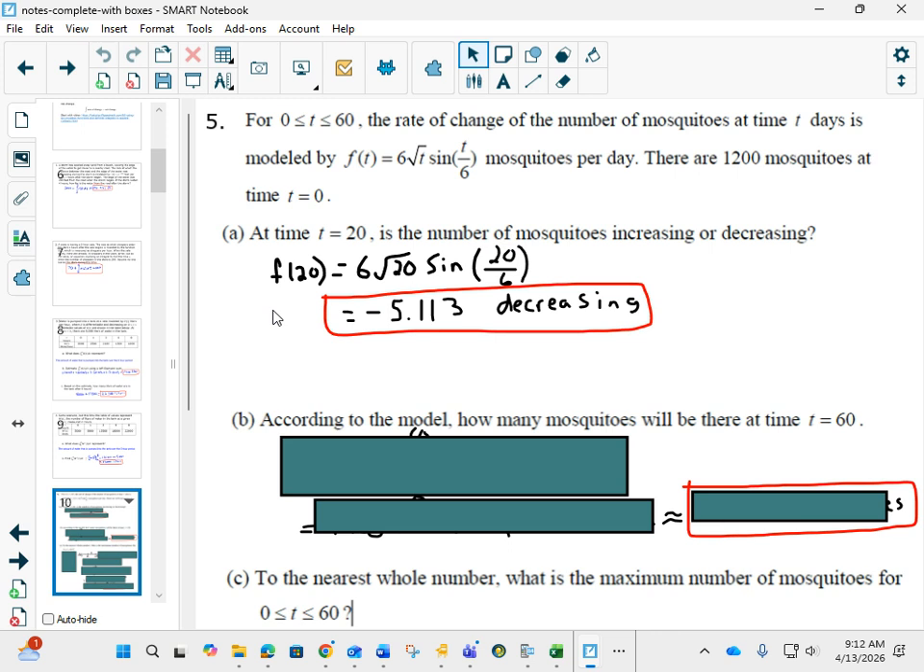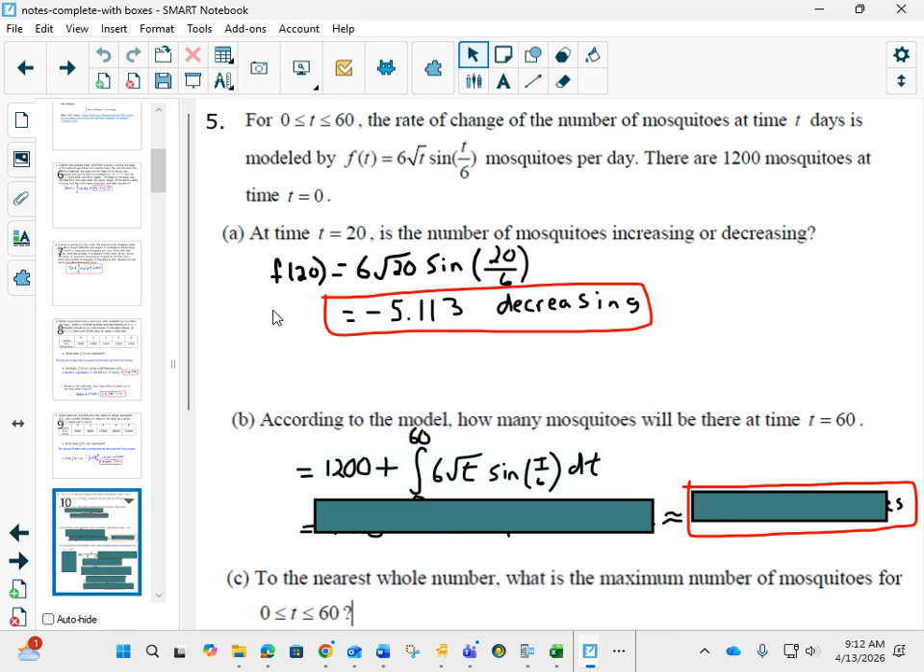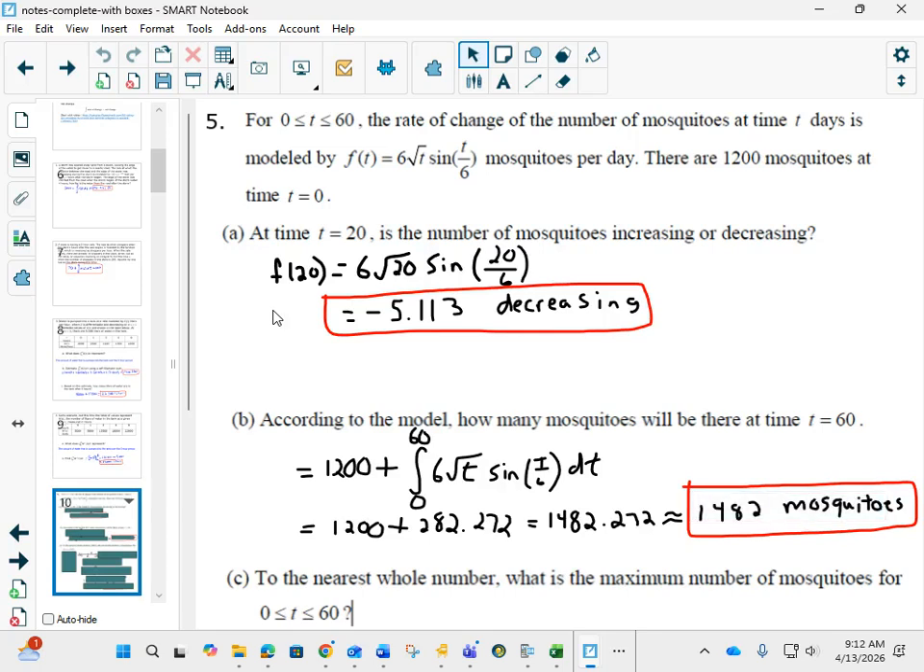According to the model, how many mosquitoes will there be at time 60? So we started with 1200, and then if you integrate from 0 to 60, that will be the change that happens. And this, of course, you would just plug into your calculator. You have the 1200, type this into your calculator to get 282.272. Add this together. This is roughly